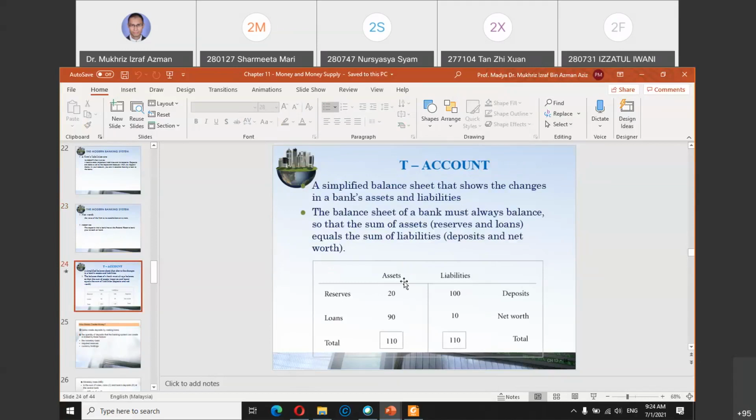So you can see this simple balance sheet, asset and liability. In the asset component, you have reserve and loan. Reserve is the money they put in the central bank. Loan is the money they can lend out to customers. For liabilities, deposits from the customer, the money you put in the bank, appear as a liability of the bank, and the remainder will become the net worth, because just now we mentioned net worth is assets minus liabilities. So if assets are 110 and deposits are 100, the rest will be what we call net worth.